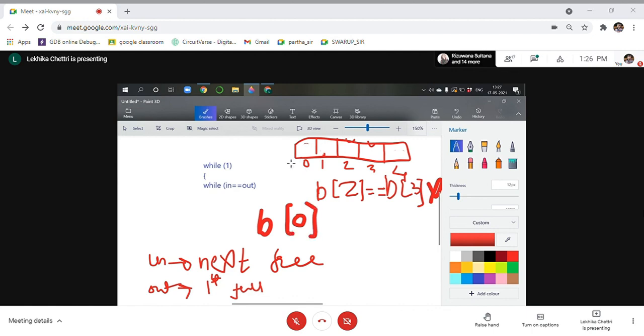Okay, here there is nothing in first full, the location of first full is also right here. So what is my first free? First free is also this one, B of 0. So that means there is nothing here. I check here, it is saying my first full is this one, B0. So I go to B0, I check in here, there is nothing. And this is my first full, and it is also my first free. So if free is also this and full is also this, if this is the full and this is the free, it basically means there is nothing.